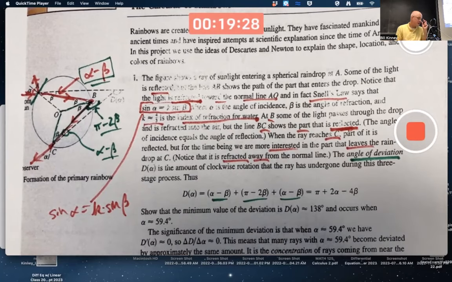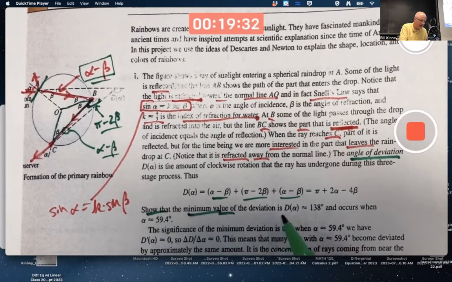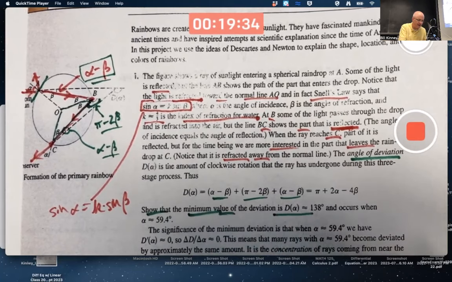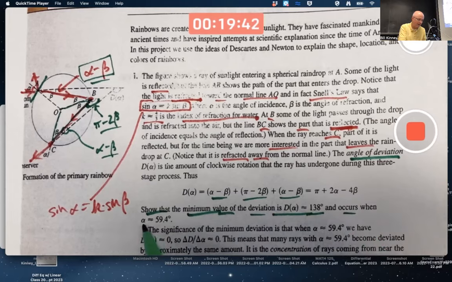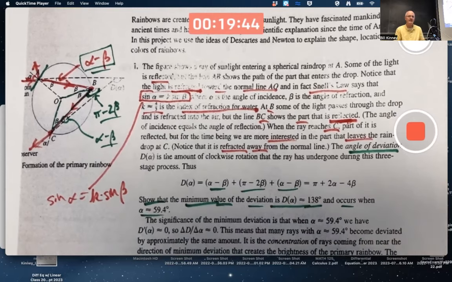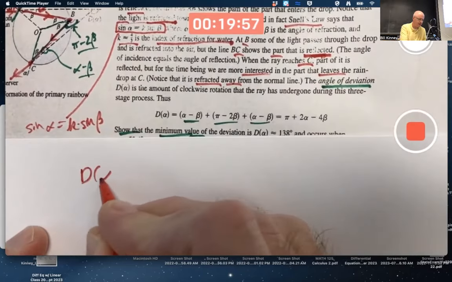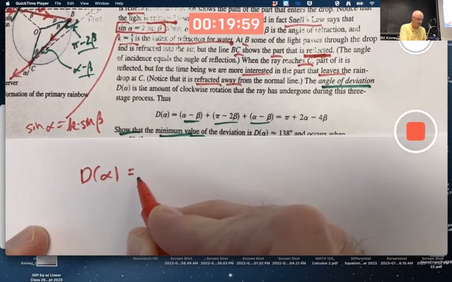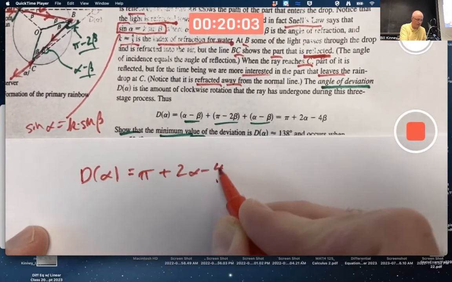The first thing for us to do is to show that the minimum value of this function of alpha, the minimum deviation, is about 138 degrees and occurs when alpha is about 59.4 degrees. So that's going to be the first thing that we are going to do here. D of alpha